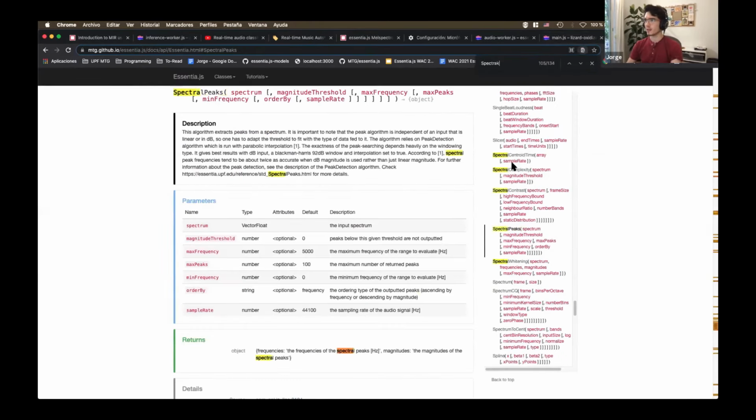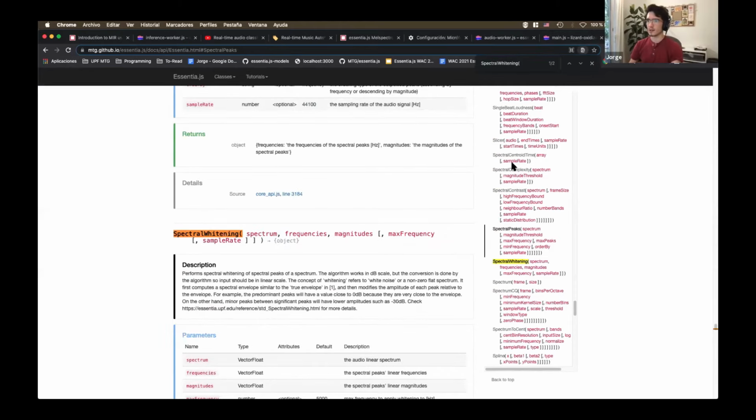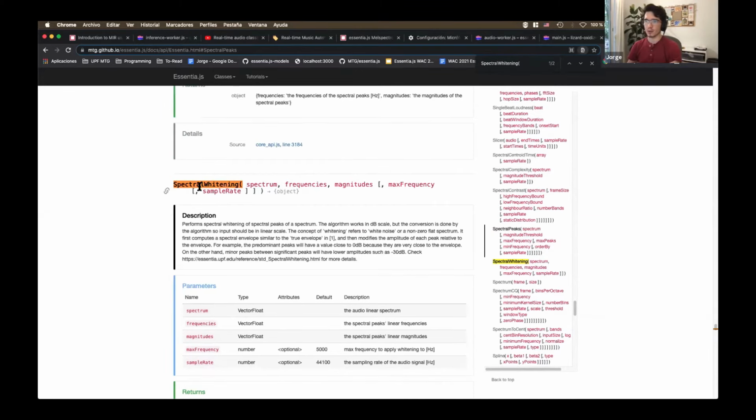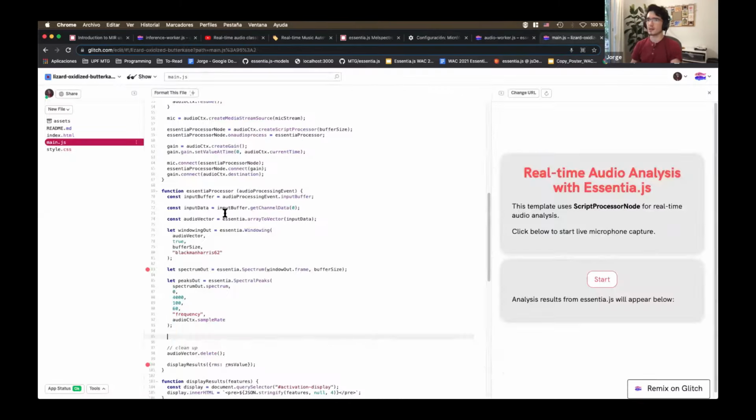I don't fully understand what this does at a signal processing level. Maybe Dmitry or Pablo or Albin can chip in, but we're using this algorithm from Essentia next. So we're getting our, let's say, whitening out. We're going to call this, and again, using Essentia, spectral whitening. And we use the peaks output